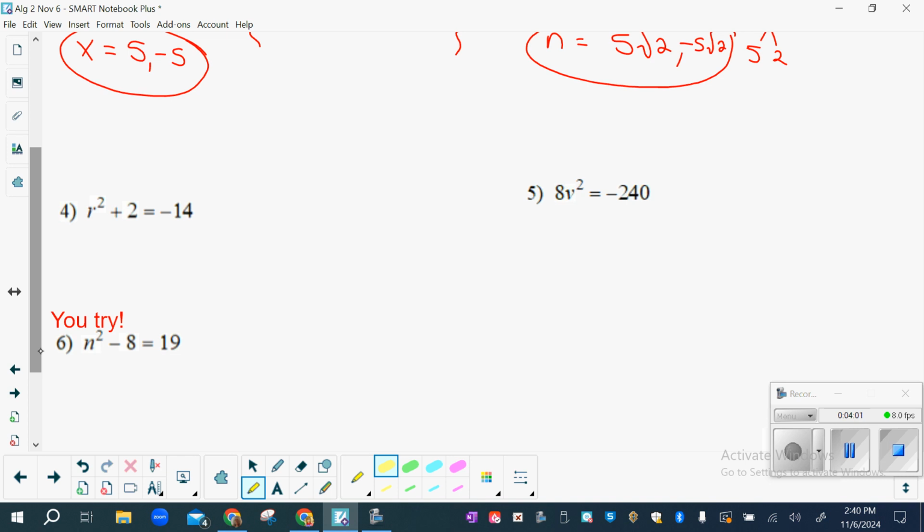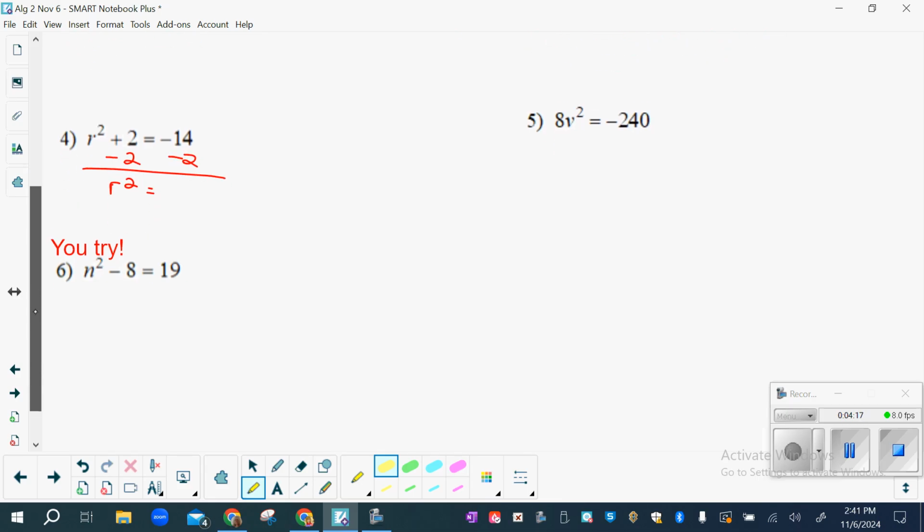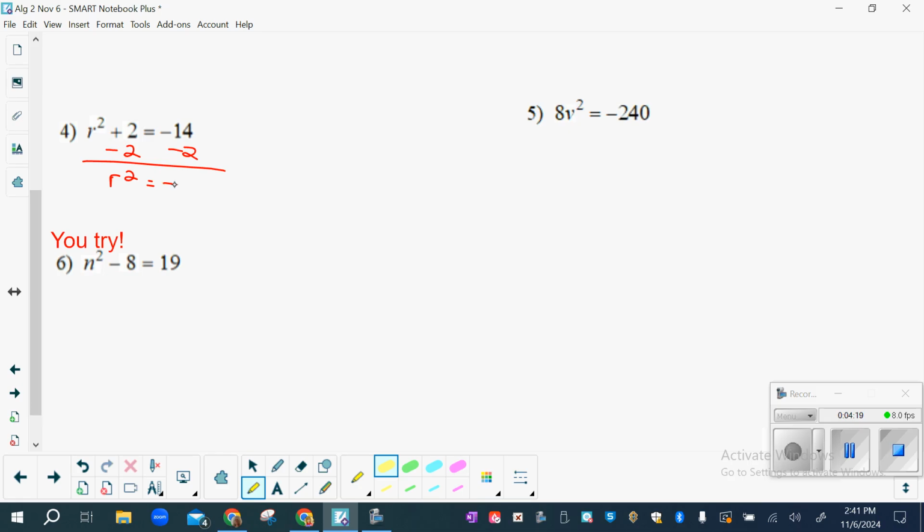I know Jimmy knows what to do. I want to hear from somebody else. What do we do to get that variable isolated? We're going to do some algebra here. Yes, that's right. Good. Subtract 2 on both sides. And we get r squared equals what? Negative